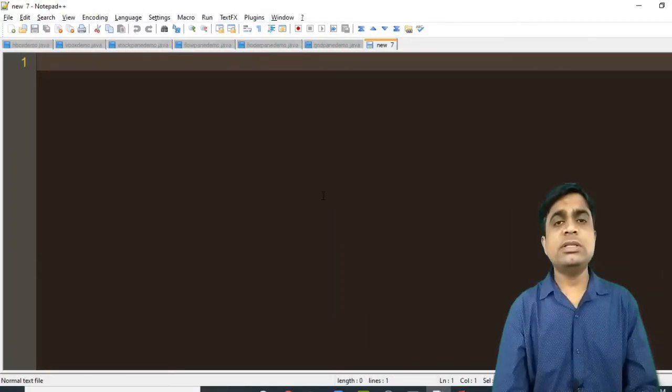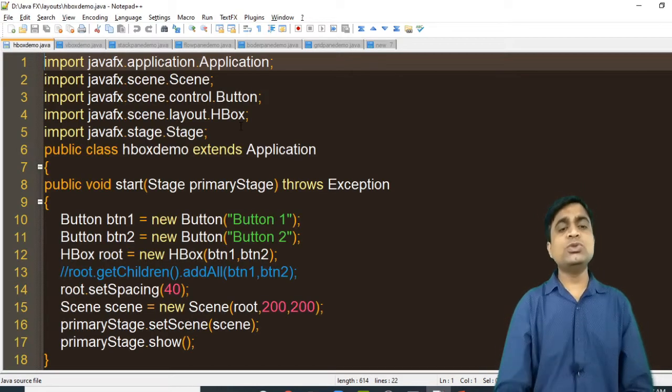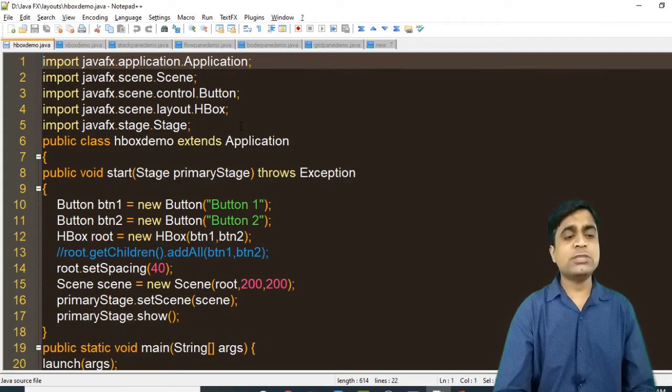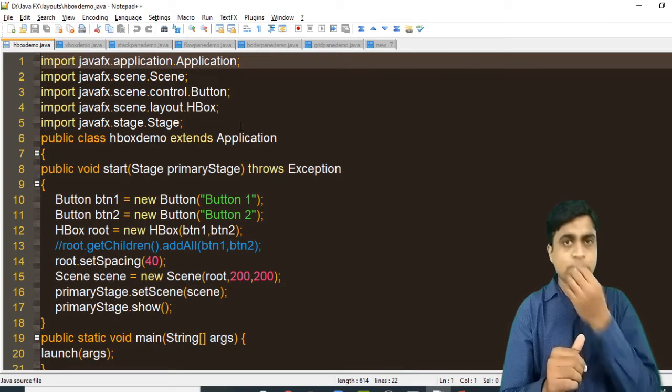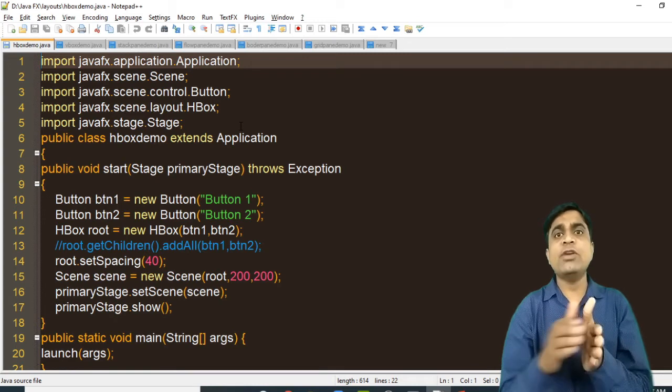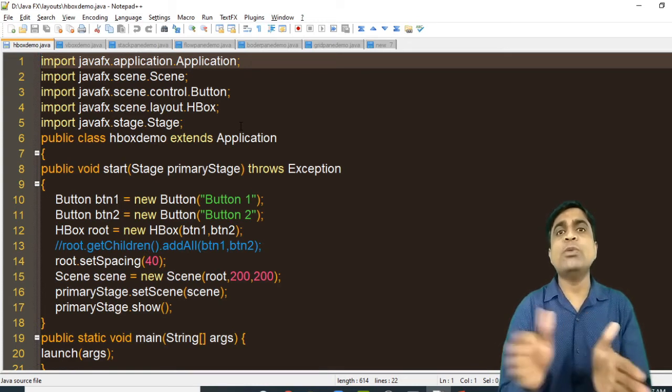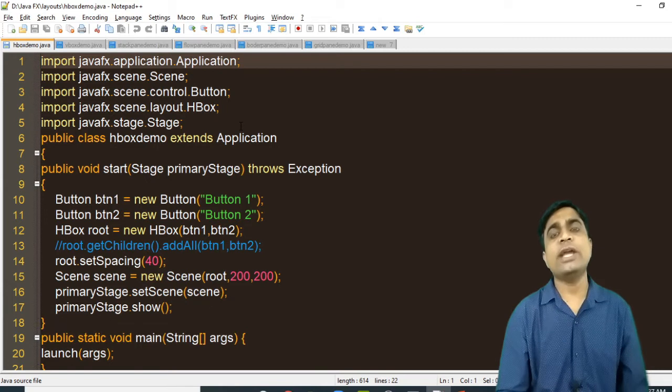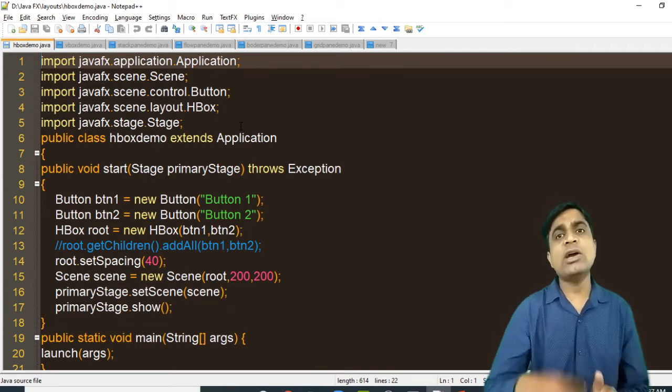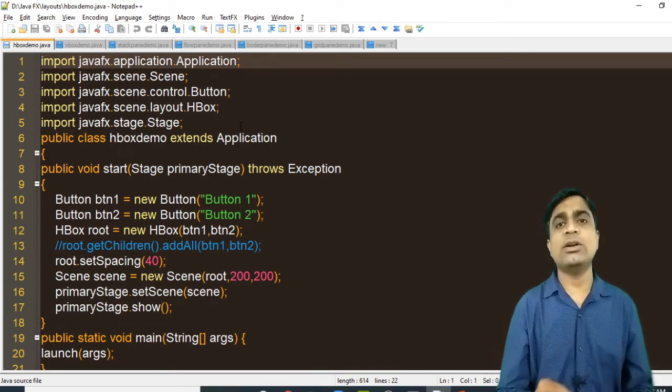Now in this session I will show you examples of the different layouts in Java. The first layout is the HBox. So what is the use of the HBox? Here is the HBox example. Suppose you want to place components in a horizontal manner, for example 5 buttons, then you can use the HBox. I have already explained this HBox in the UI controls, where I am using the HBox in all of them, so I will not give you a detailed overview of the HBox.